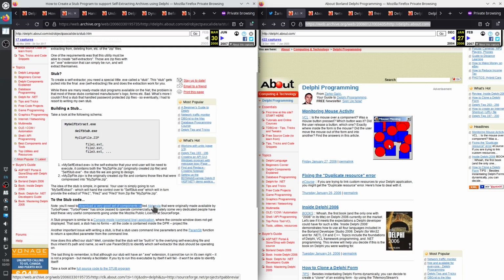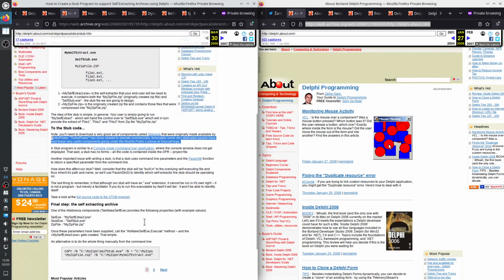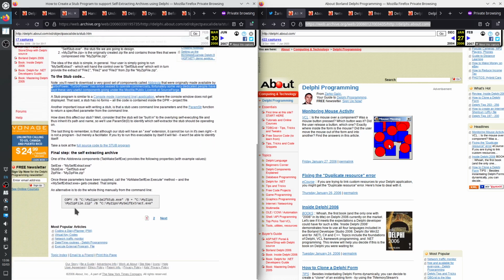Components: Abbrevia by TurboPower. There are other alternatives to self-extracting software. The ones that I use are from 7-zip.